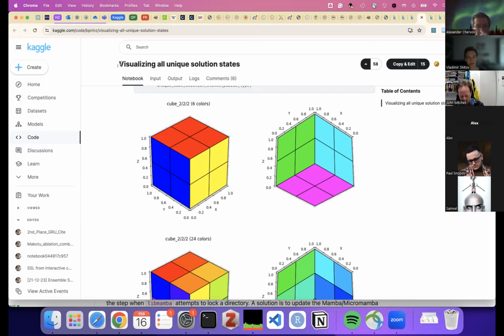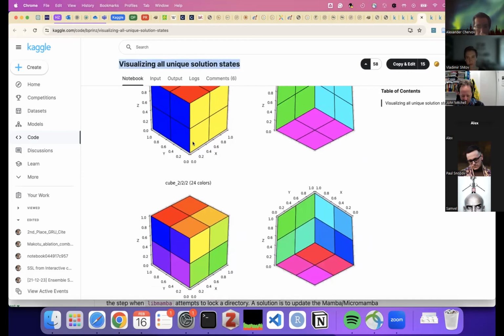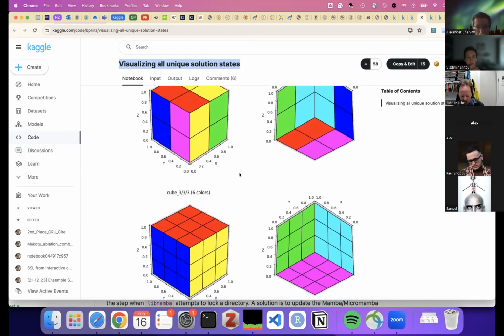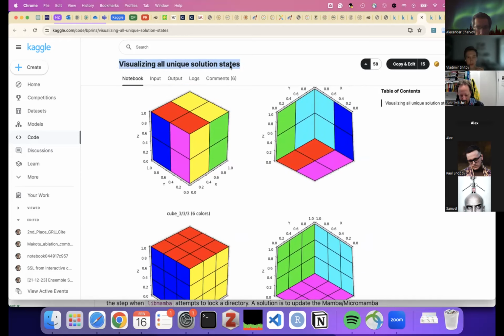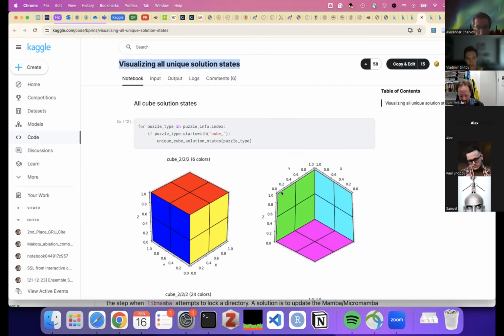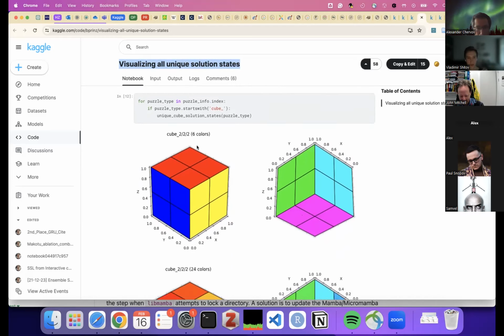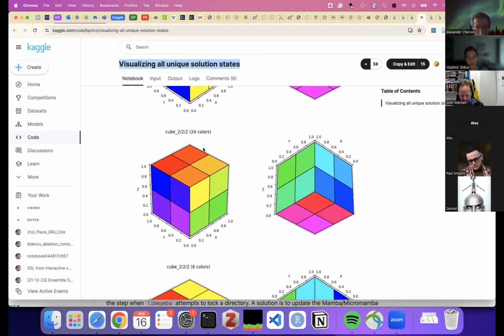So the next thing I did for our team during the competition was solving so-called colorful cubes. I'll show you in a moment what it means. Here's a nice notebook, not from me, from some other wonderful person who visualized all the unique solution states. Some of them are normal, for example, this is a standard 2x2 Rubik's Cube, but some of them are colorful.